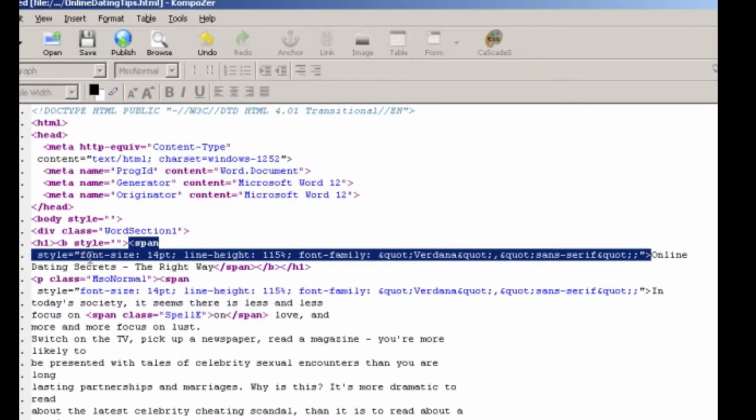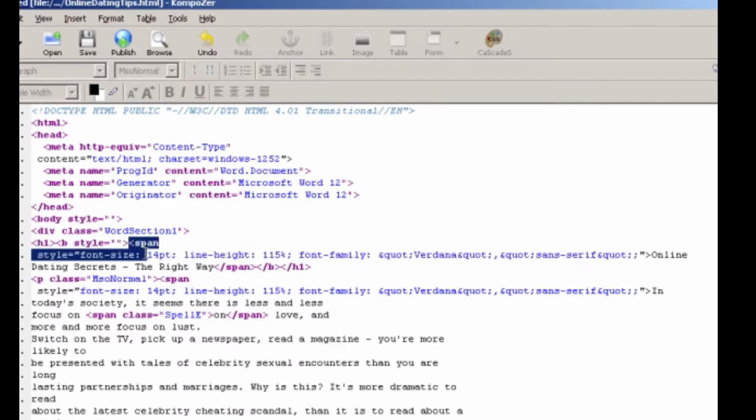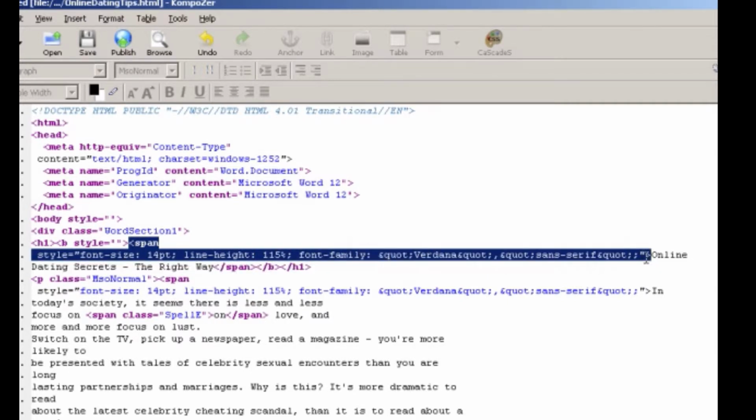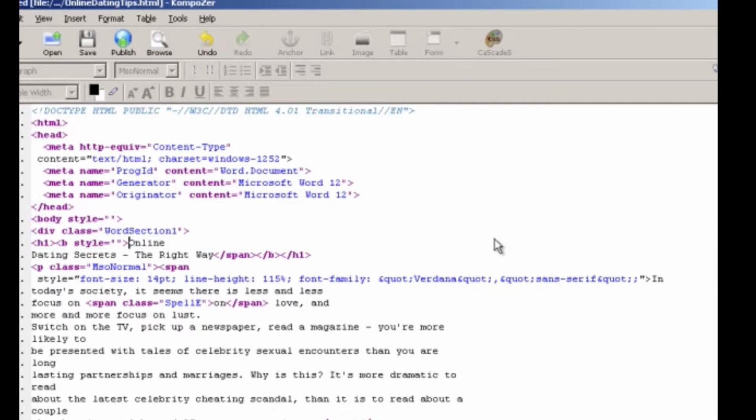And another thing is span tags. You don't need span tags. For example, you're going to see a lot of span tags where it starts out with span style font size 14 font, and it goes all the way and ends in this tag here. What we can do is remove that. Let me show you. If we remove this, when we go back to the normal preview,